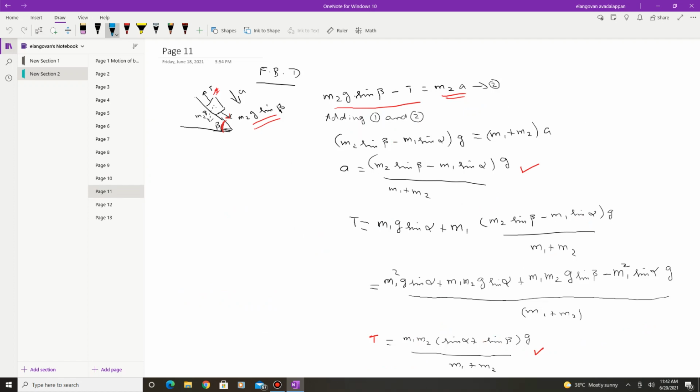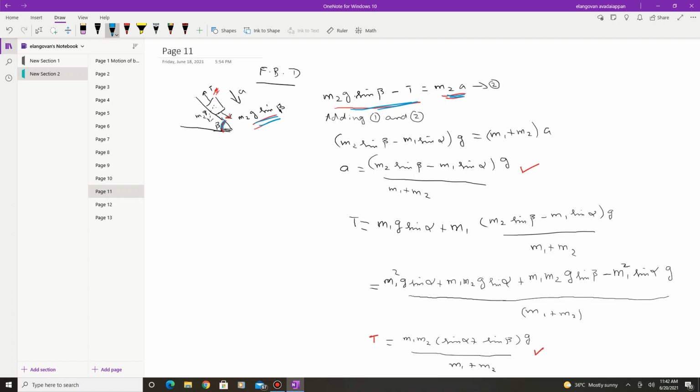And the free body diagram for the second equation is here. The angle of inclination is different, and the mass is different. There is a tension force acting from the block towards the pulley, which is given. Since it is sliding down along the second inclined plane, M2g is the force due to gravity acting on the block M2, and the component of the force acting along the direction of the inclined plane is M2g sin beta. So the net force is M2g sin beta minus T, which is equal to M2a. So this is the equation of motion for the second block,